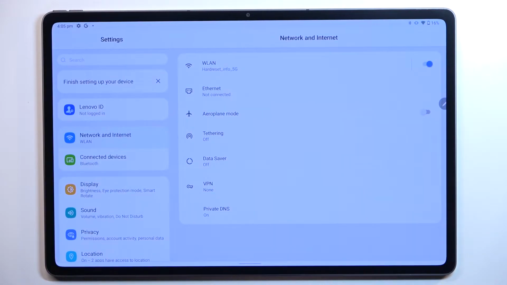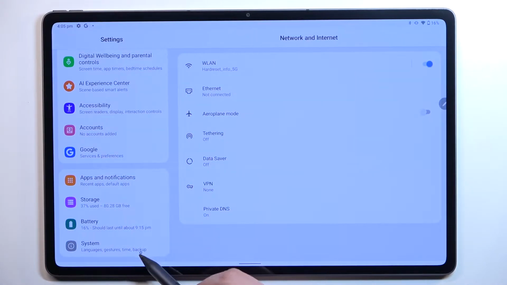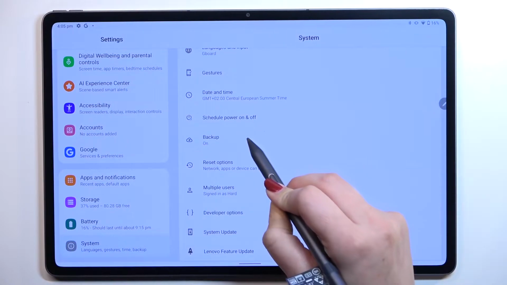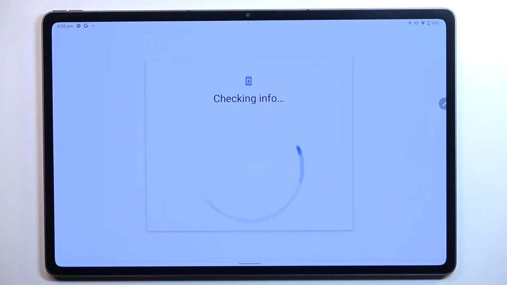So first of all, let's enter the settings, and in this left section we have to scroll down to the very bottom to find the system. Now let's find the backup option, and as you can see we have to tap on simply backup on add account option. Make sure that you've got the internet connection because it is required for this operation, and from this